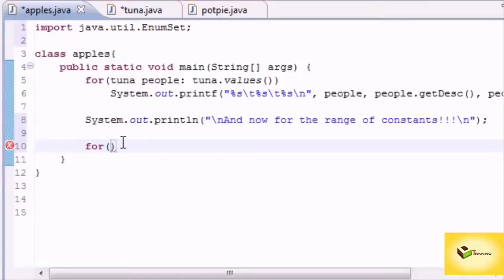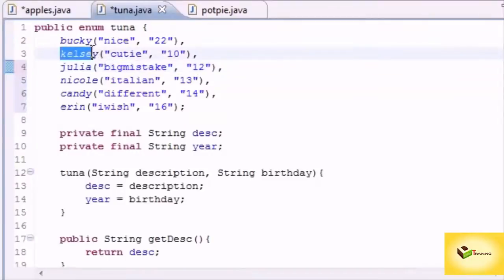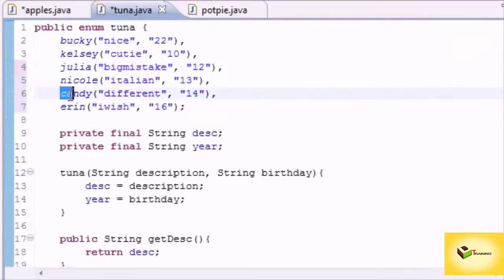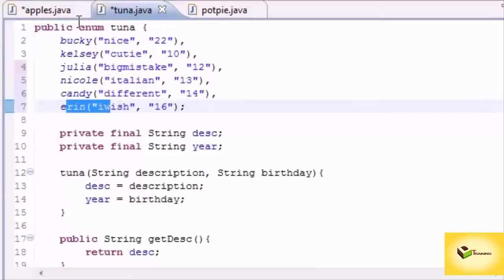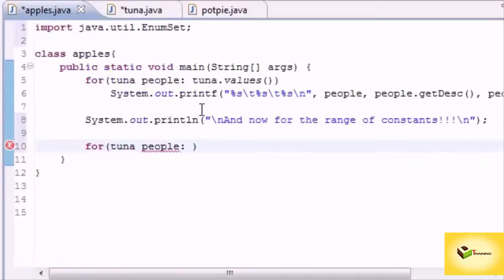It's going to take 2 parameters. The first one is what you want to name your things. I'm just going to name them people, what you want to name your objects. Now the second one is that method. We could just plug a regular array in here, but we want to have a range of the array. We want it to start at, let's say, Kelsey, and we want it to end at Candy. So I mean, we can start and end anywhere. Like I said before, Java automatically gives you an array of constants in the order that you declared them in. But in order to get just a specific set out of there, or range, what you need to do is this: